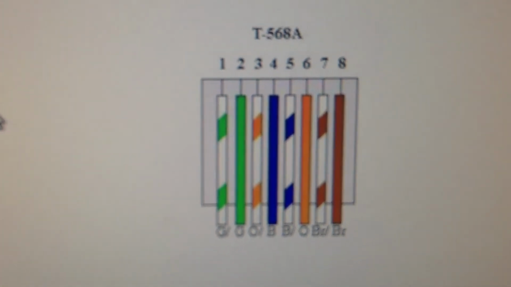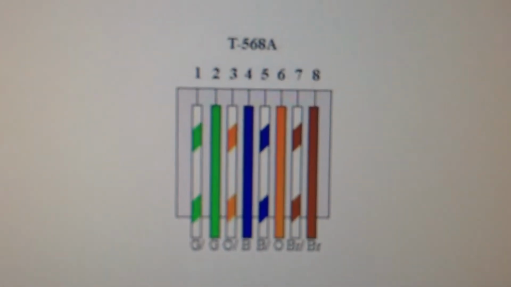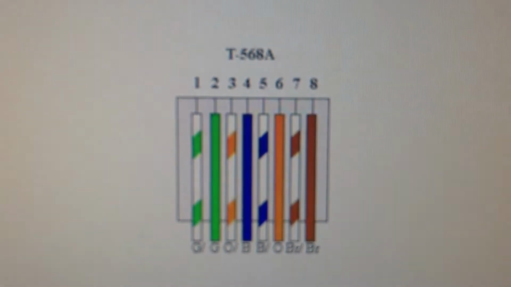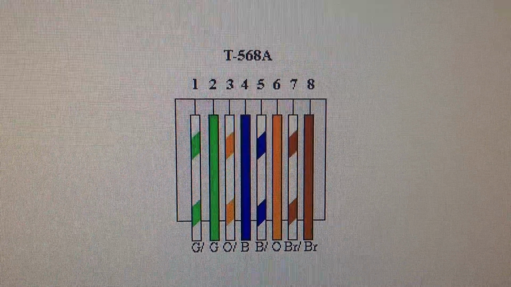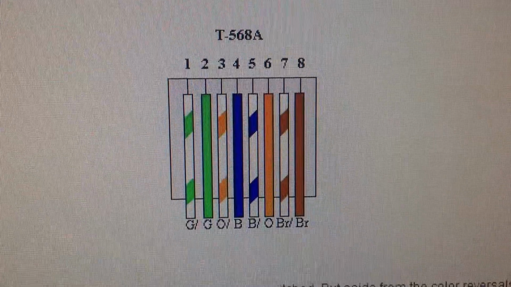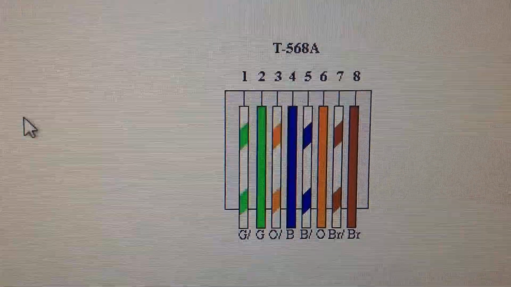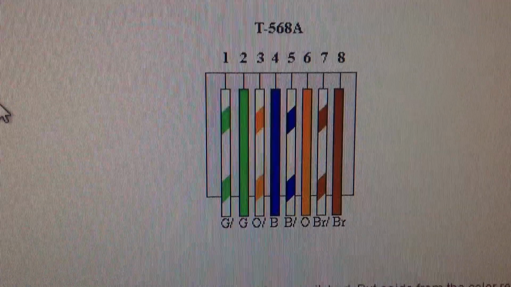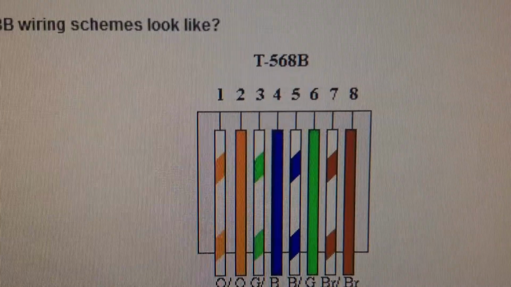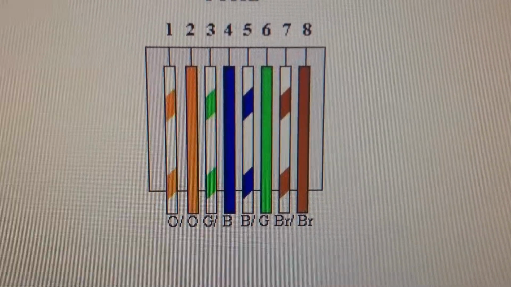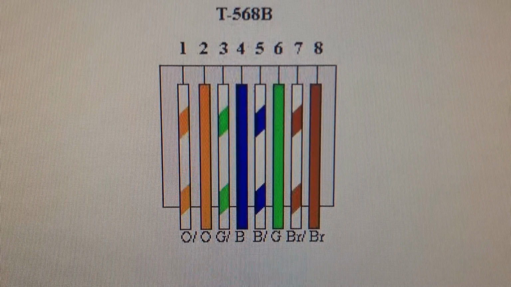So there's two different types of connection endpoints. You have T568B and T568A. So the difference between those two, let me show you on the screen real quick because I pulled it up for you guys. Oh, my AC just turned on, turn that off. And so you see here, this is the A standard. So we got stripe green, green, stripe orange, blue, stripe blue, orange, stripe brown, and then brown. That's for the A. And for the B, we have stripe orange, orange, stripe green, blue, stripe blue, green, stripe